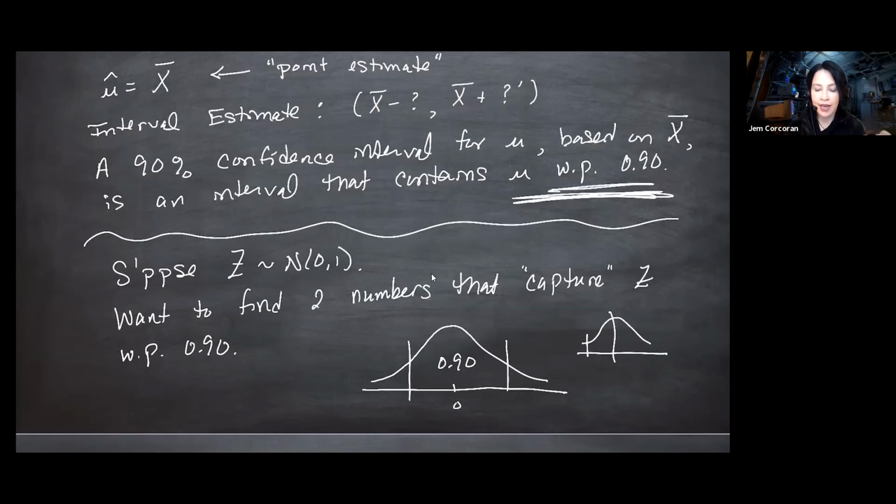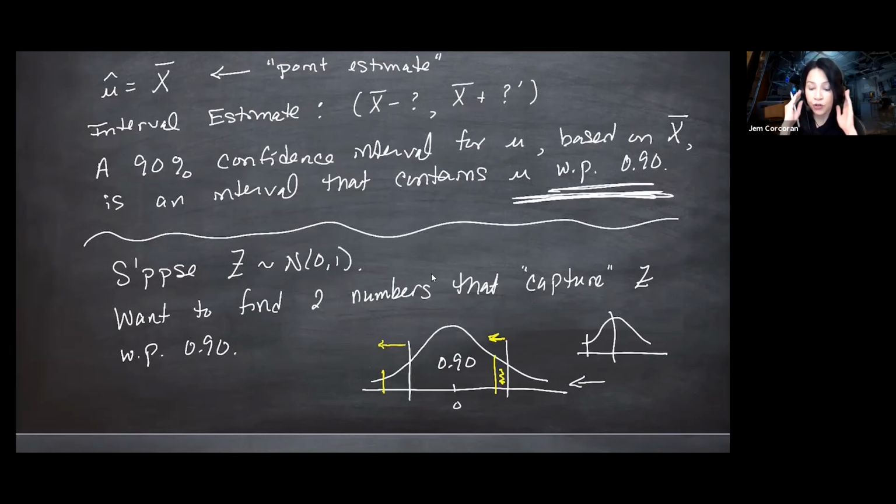And so you can do the calculus here using the PDF for the standard normal. And you can show that the shortest interval will appear right in the middle. Without doing the calculus, imagine I move this guy just a little bit to the left, like here. There's a lot of area here relative to moving the left part of the interval over a little bit. I would have to move this further to capture 90% area between the two yellow lines. So it would become a longer interval, which again, you can show with calculus.